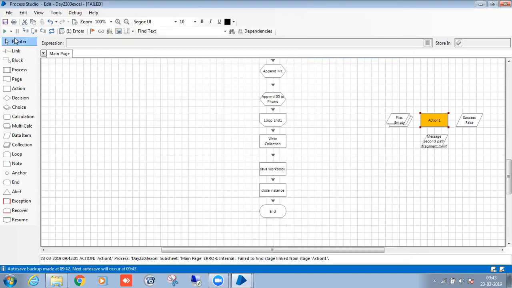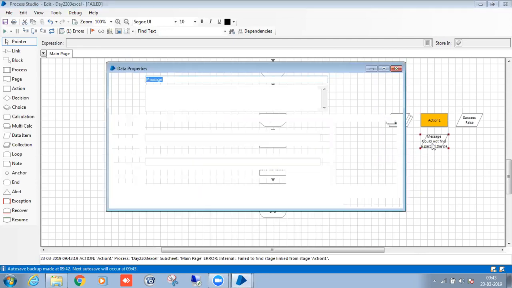There is some syntax, I forgot actually. So this way we can do that.